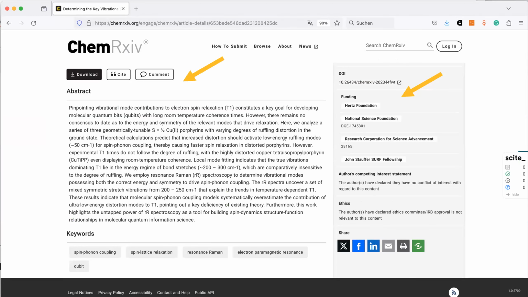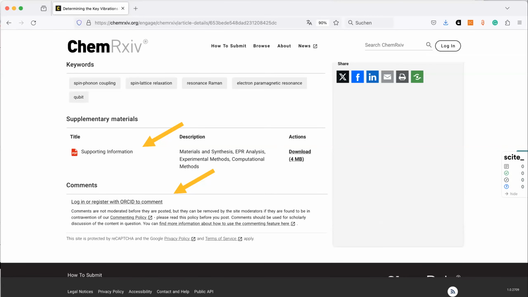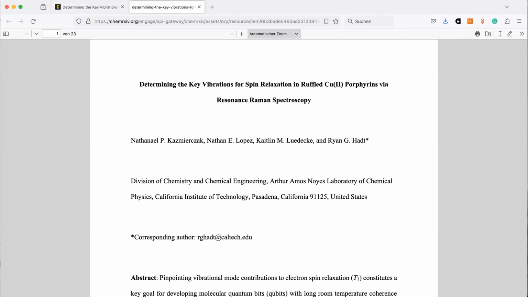So you have the abstract, but not full text available on screen. You have to go to the PDF, but now there's also funding indexed, and you can upload supplementary material. If you want to comment, you have to register with ORCID, or if you already have ORCID, which most of you probably have, it's easy to comment. And again, the PDF looks like the authors have designed it.